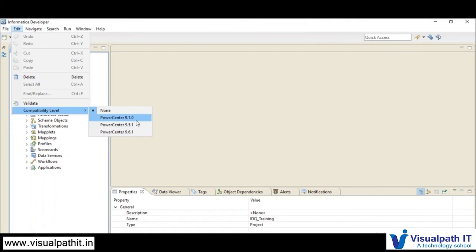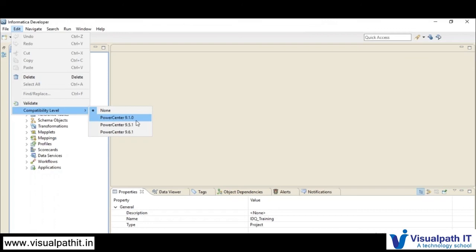Why do we have this compatibility level? Let's say, for example, we started our project with the 961 version, and you have both Informatica Data Quality and Power Center in your project. A few features need to be implemented, and in the 10.1 version those features are available.